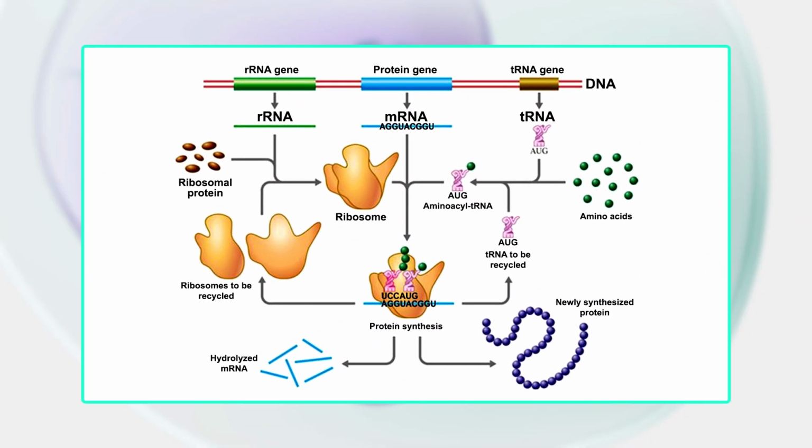These products are often proteins, but in non-protein coding genes such as transfer RNA, that is tRNA, and small nuclear RNA, that is snRNA, the product is a functional non-coding RNA. In a nutshell, gene expression is the process of transcription of a gene into mRNA, the processing of that mRNA and its translation into the protein for protein encoding genes.